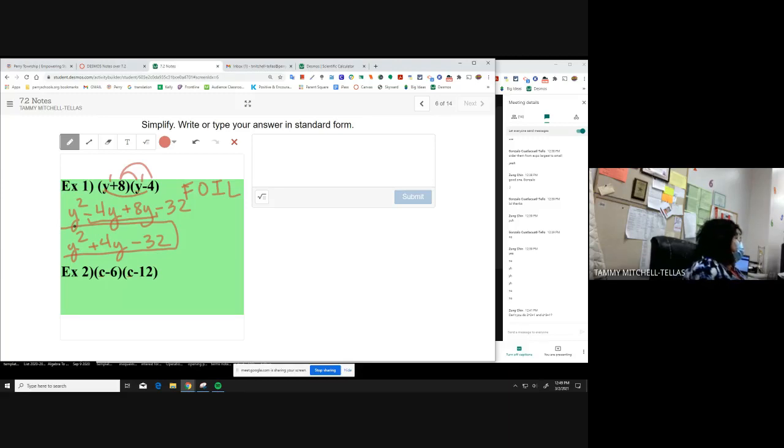Multiplying a binomial times a binomial almost always makes a trinomial. So that's kind of a check at the end. Did I get a trinomial answer? Trinomial is 3 terms. If I didn't, I need to look at it again because something might be wrong. Okay, so pick up your pencil or your keyboard, and we're going to try number